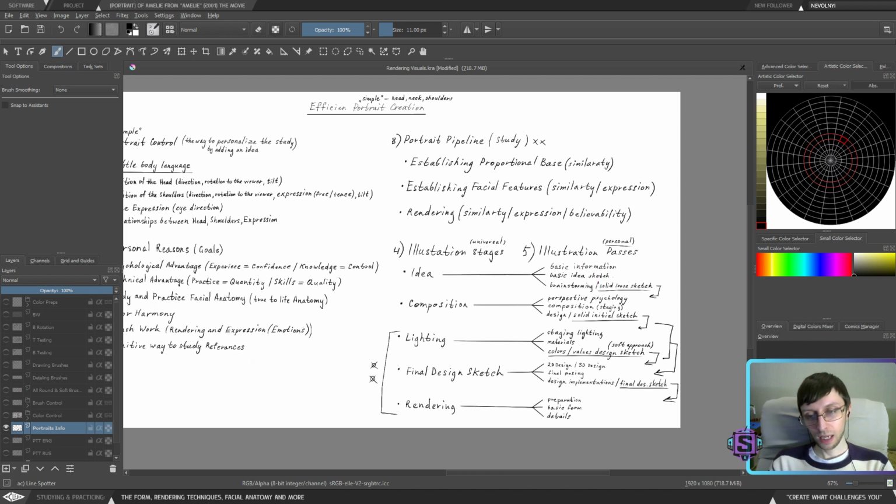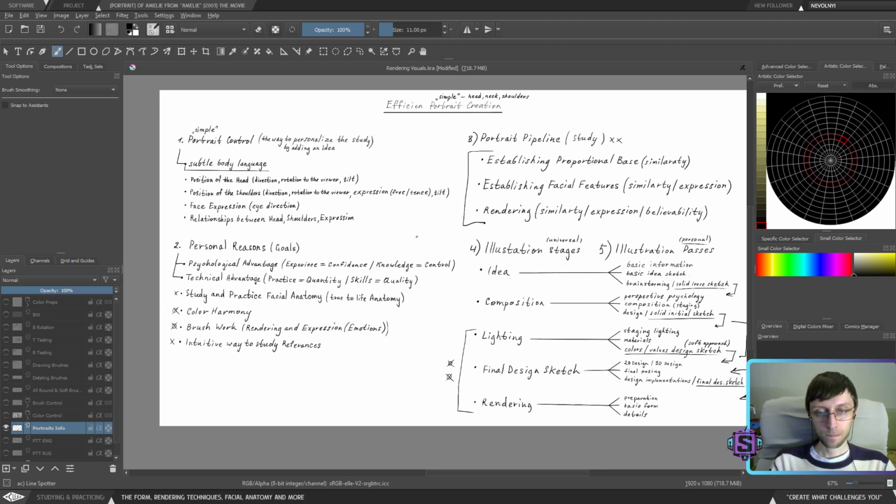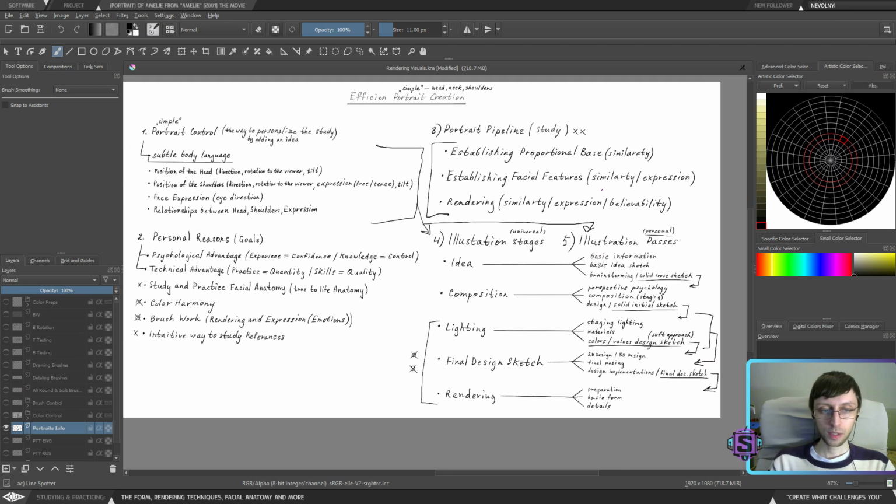So I have this dissonance, and I'm not necessarily sure how to construct them step by step. I still have problems with how to integrate these two things into stages and into passes. But this is something that I need to think about, and now at least I know where to start.